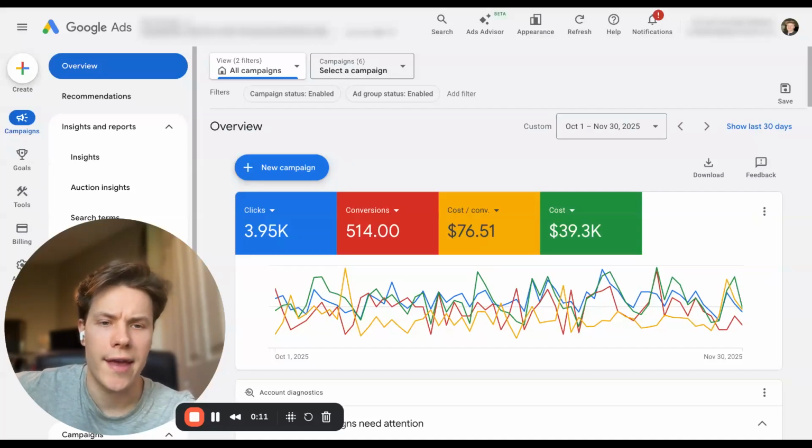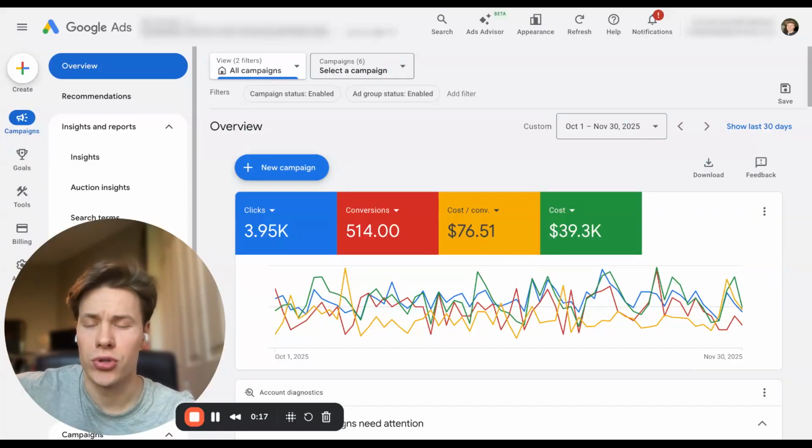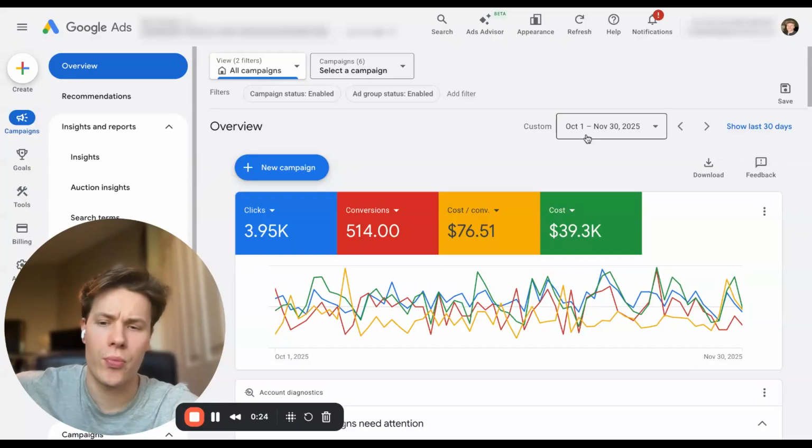So right now we're inside the ad account of one of our current clients. This is a truck and trailer repair company, primarily a body shop, right? Obviously only for Freightliners, semi trucks, commercial trucks, and then trailers, RVs, and all that good stuff. Now we took over their ad account, I don't know, maybe 6 months ago, and it's been going very, very